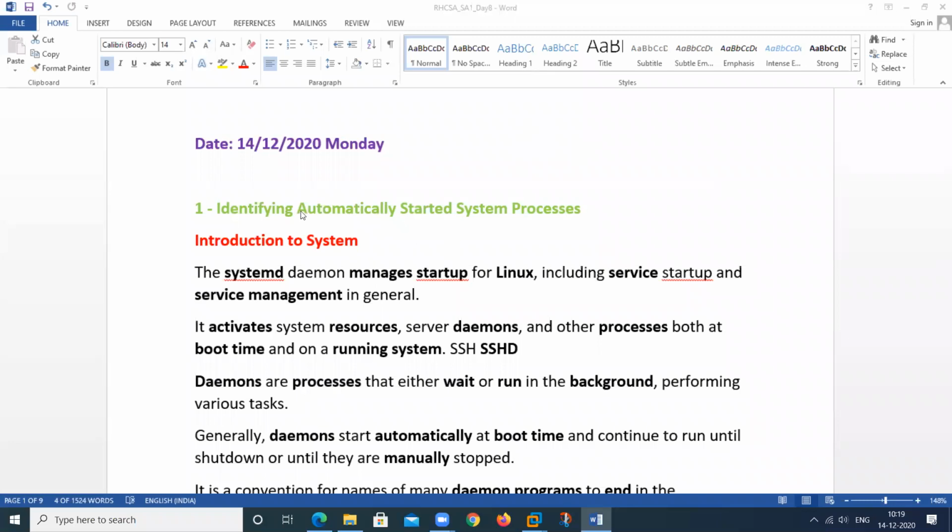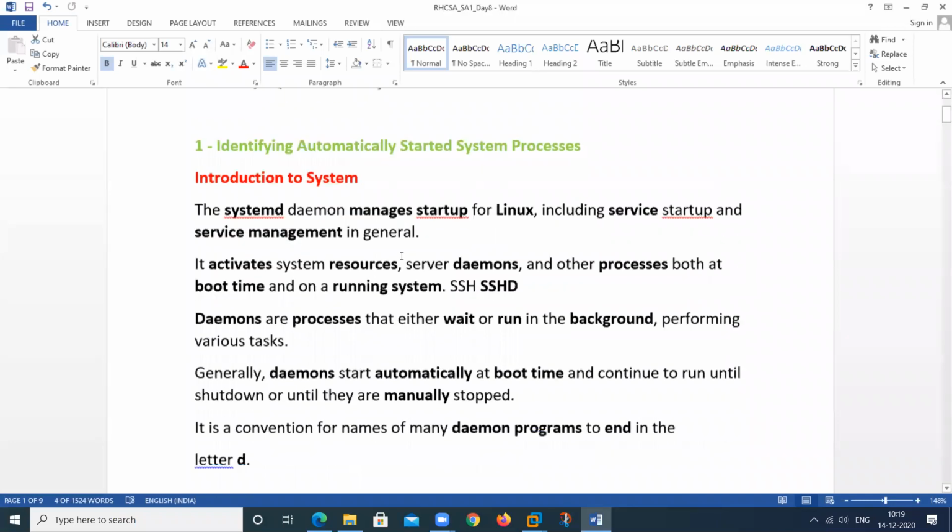So in this we will discuss all about the services. What are the services and how to start the service, how to resume the service, how to pause the service, that I will discuss in this chapter.